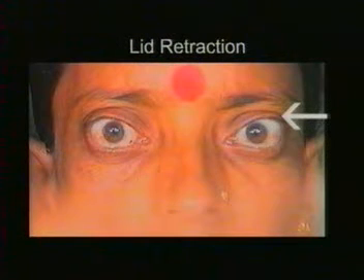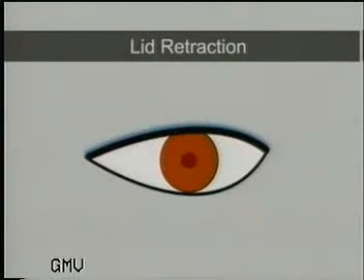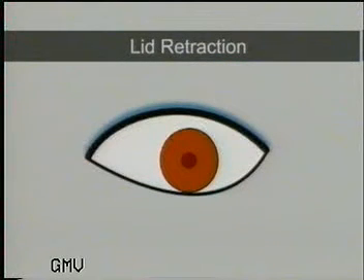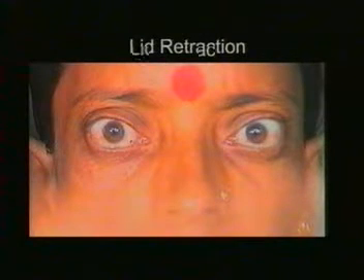Note here the lid retraction which is more prominent in the left eye. The upper lid is retracted due to tonic contraction of the involuntary part of the levator palpebrae superioris, thereby exposing a strip of white sclera above the superior limbus. This results in a typical staring and frightened look of a thyrotoxic patient. This is associated with infrequent and incomplete blinking of the eyes, termed as Stelzweig's sign. Note how infrequently the patient blinks, and when she blinks, it is only partial.